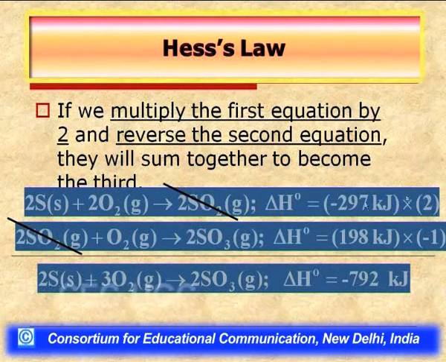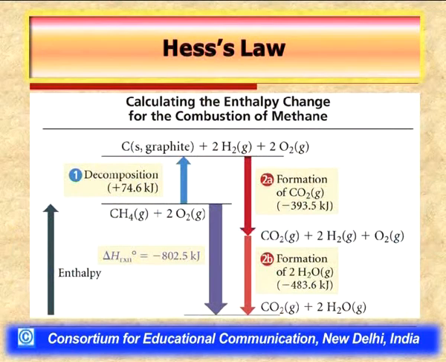We can just add their enthalpies to get the enthalpy change for this final overall reaction, that is minus 792 kilojoule. Similarly, we can determine the enthalpy change for the combustion reaction of methane